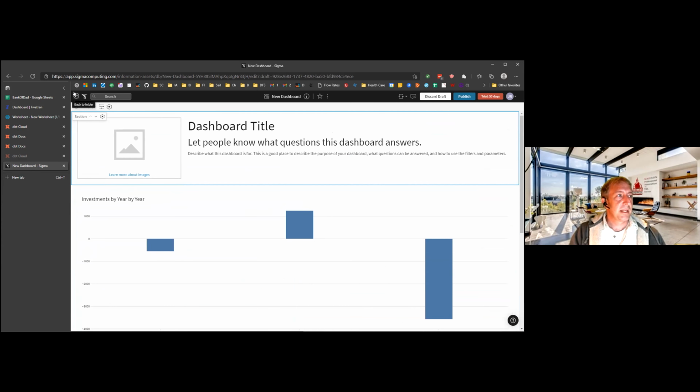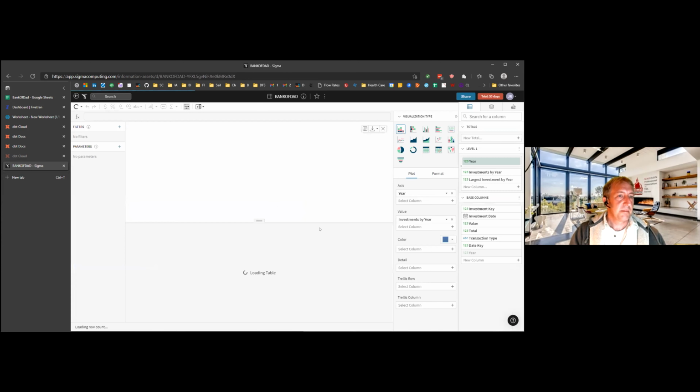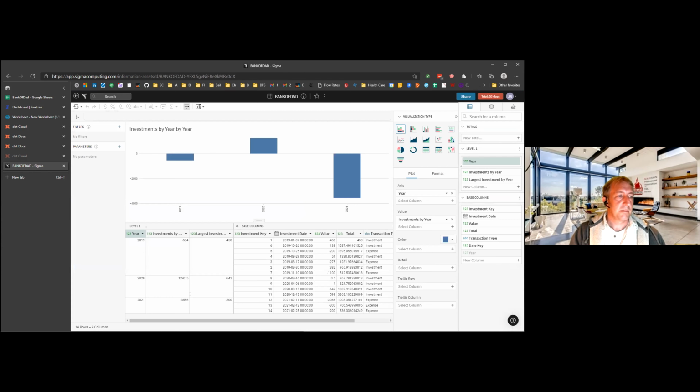But my personal opinion is that the core innovation here is this ability to build out new columns and to build them out as aggregations, so that when you want to create complex calculations, you do it one step at a time. And then I believe that there's a way to build measures up here, which I actually never did. I think they're called parameters. And then you can use those like Power BI measures that depend on these different columns.